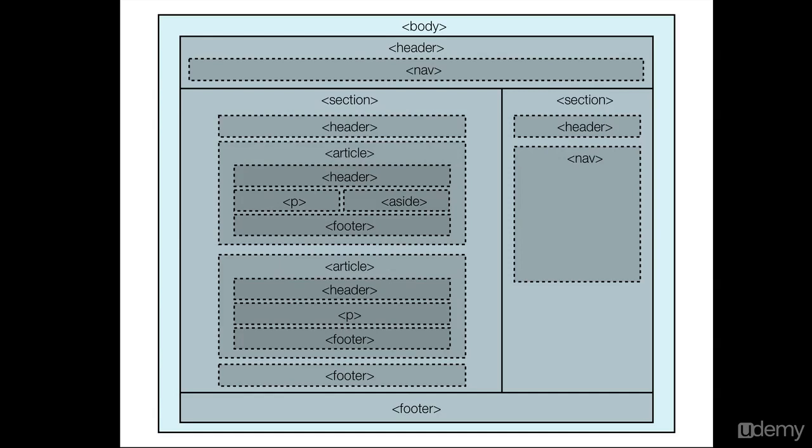Within that, we've got a section which has a header of its own and then two articles within it. Each of those articles has their own headers and footers, and then some content, one or more paragraphs, possibly an aside associated with a paragraph, and